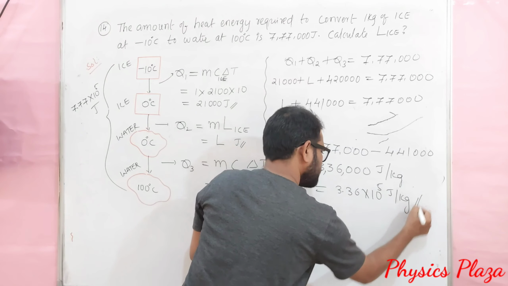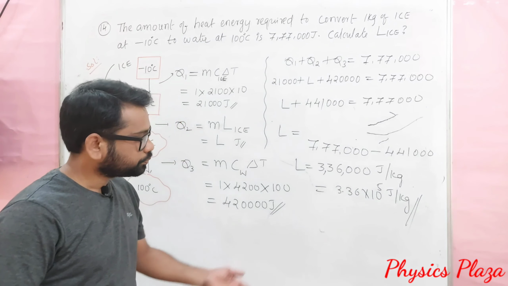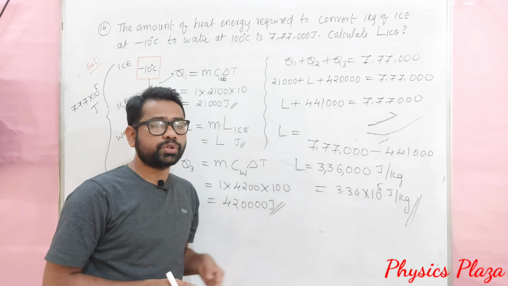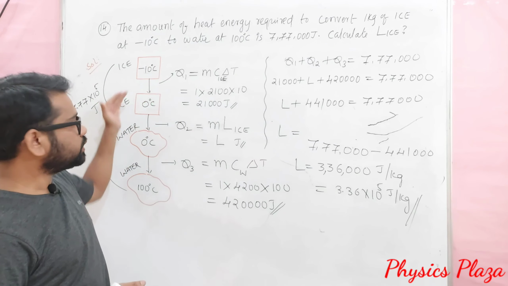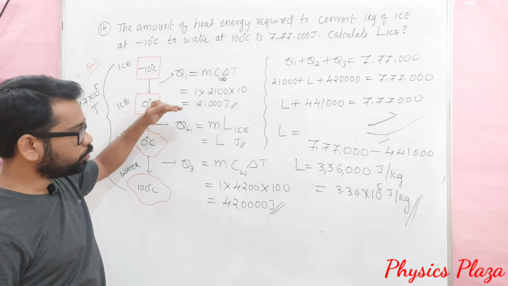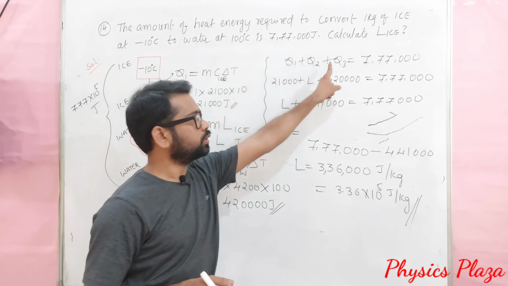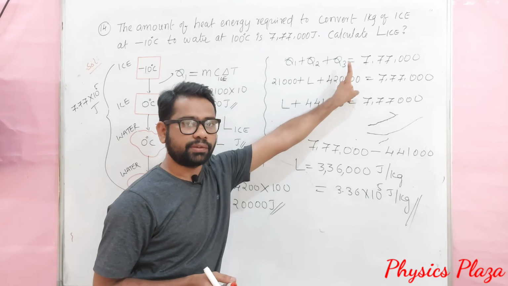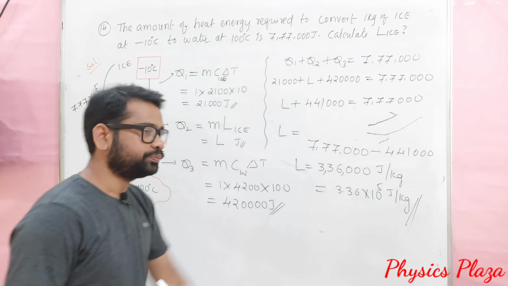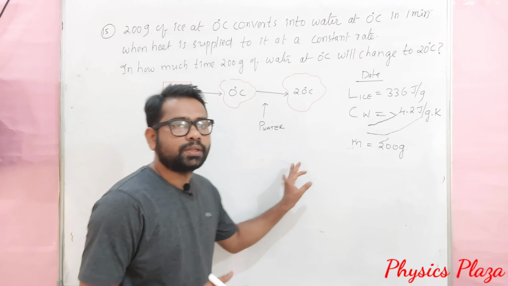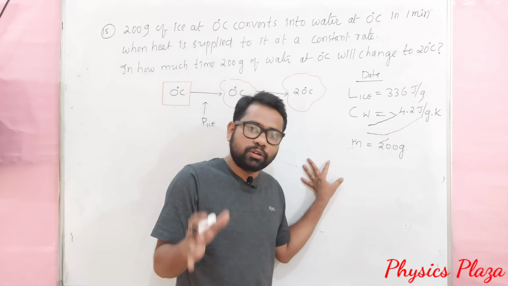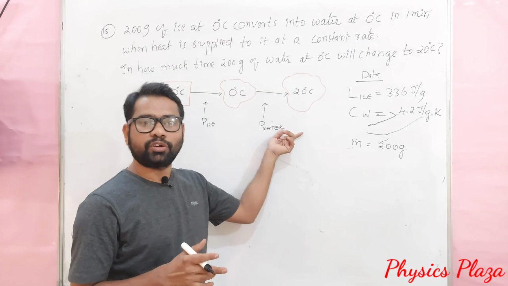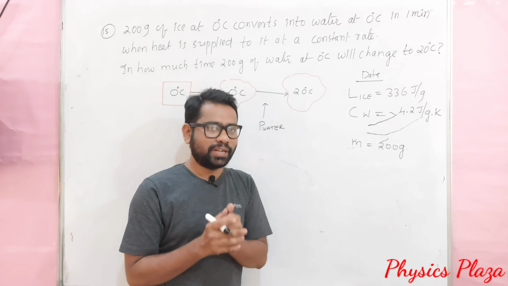So, children, this is how we can calculate the specific latent heat of fusion when the total amount of heat absorbed is given. It is stage wise, Q1, Q2, Q3. Then we can add all of these and equate to the total amount of heat given, and we will get the final answer. Children, in this session, not in this session, in the entire calorimetry, this is the last numerical which we are going to solve. It's very simple and quite interesting also.